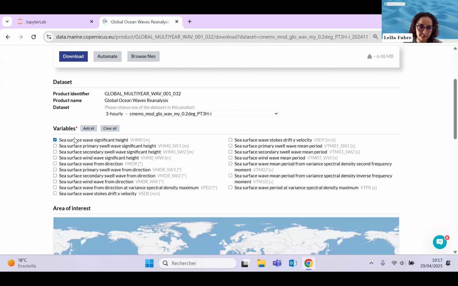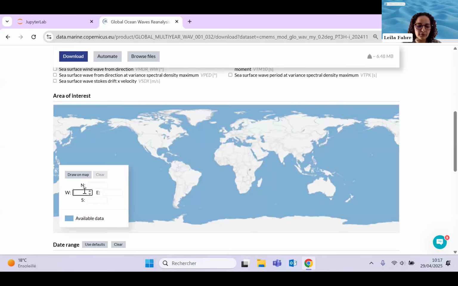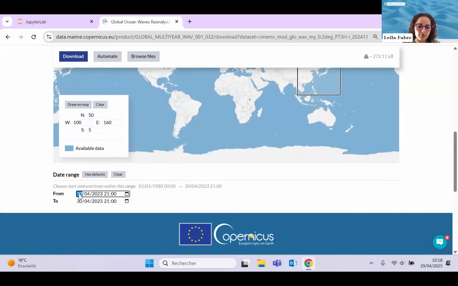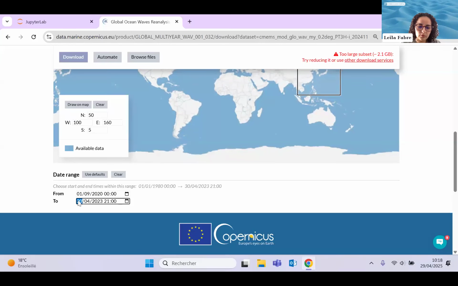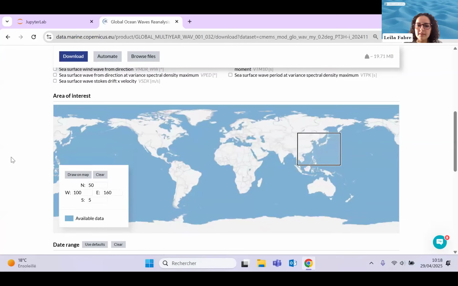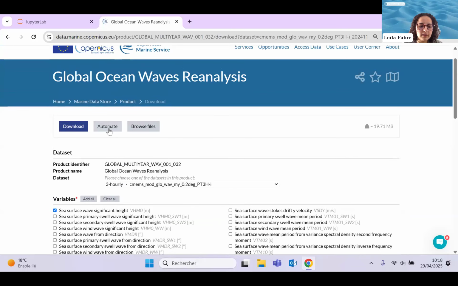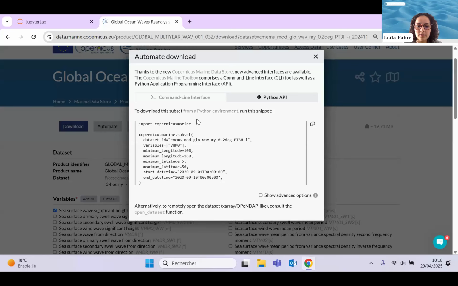So you have to select the variable, the area of interest. So the area that surrounds Japan here. And we have to select the time range. So from the 1st of September to the 10th of September. Okay, and once you've selected all the parameters, you just have to click on automate, and you have your request